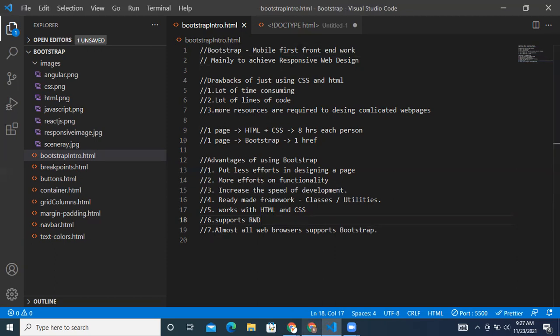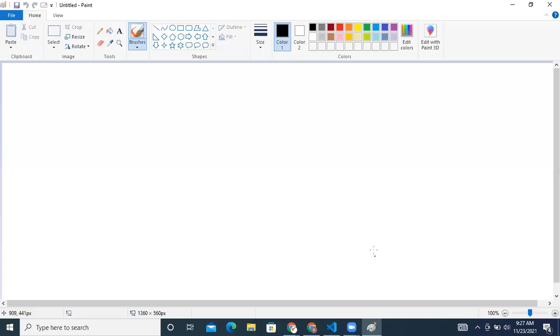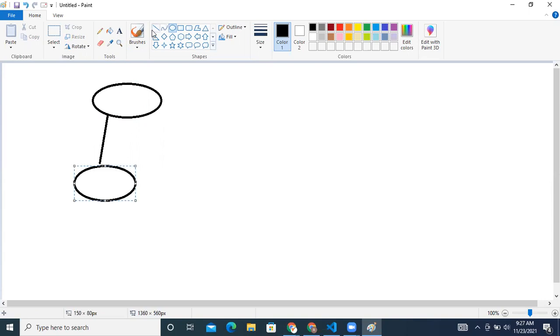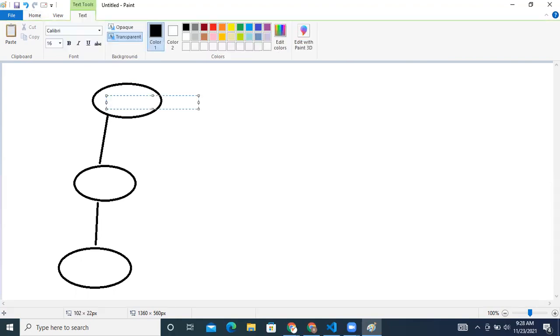So now let's see how we usually design a layout, and what all we use in Bootstrap. I'll just show you. Before this, we had a layout. How did we design a layout? We used to use normal semantic tags, right? Here we had a layout.